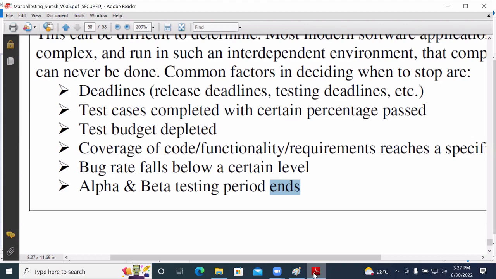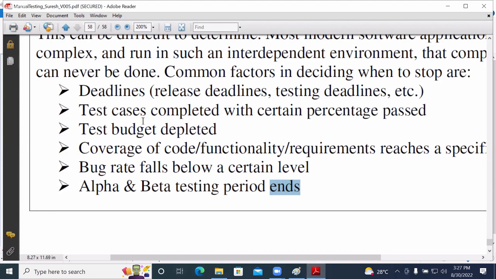If we reach that target date, then we can think about stopping the testing. Not mandatory, but you can think about stopping that testing.